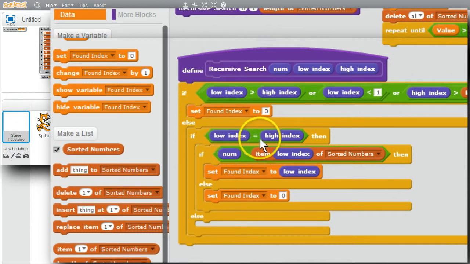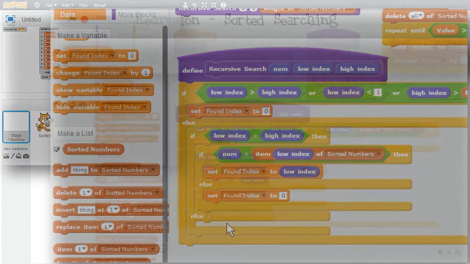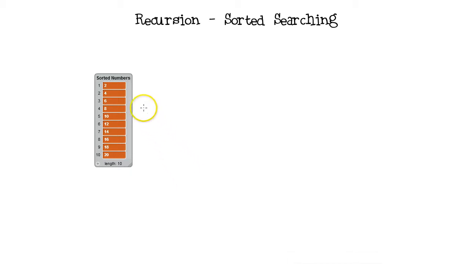Now if low index and high index don't match, I need to determine which half of the list to look at. But how do I do this? I'll use a diagram to show how. I have a list of 10 even numbers in sorted order from 2 to 20. Since the numbers are in order, I can imagine the list has two halves, items 1 through 5 and items